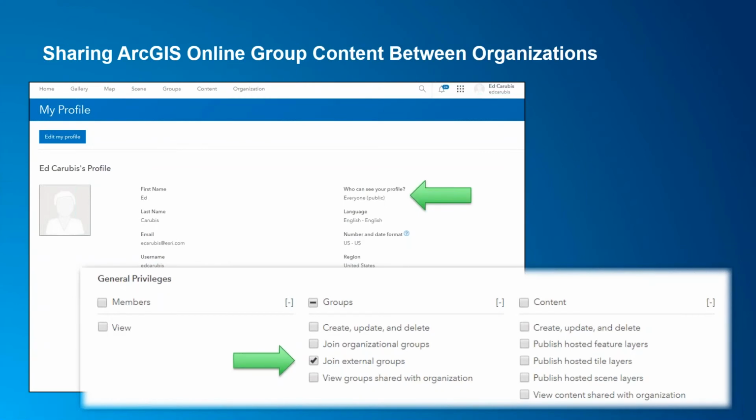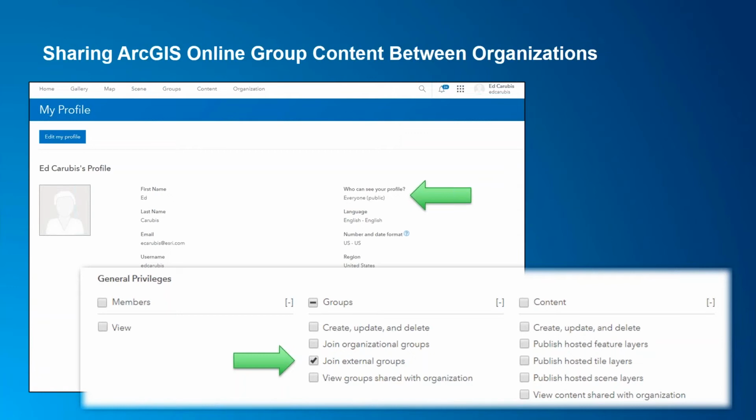So I want to come back again to something I mentioned a few times: sharing ArcGIS Online group content. This sits outside of, or as a precursor to, the capabilities we're discussing around distributed collaboration. But this capability still exists and is still really valuable.